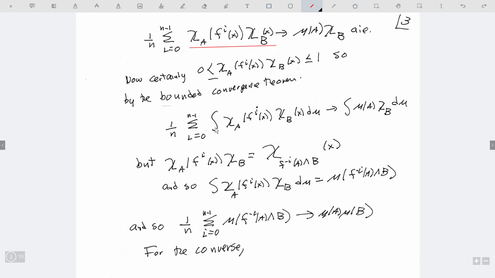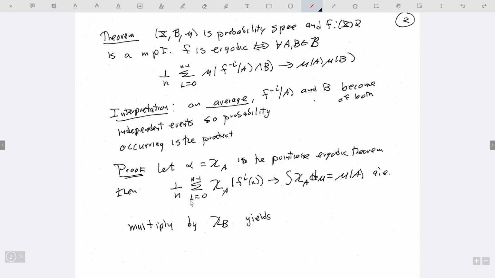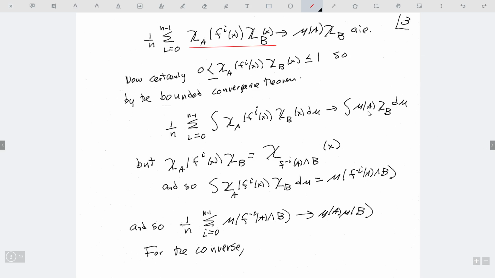And so the bounded convergence theorem says that if we look at the integral of this, then it converges to the integral of this side. We're taking the integral of both sides here, bringing it inside the summation. There's a 1 over n here, so this total quantity is also less than 1. So the bounded convergence theorem takes the pointwise convergence we get from the pointwise ergodic theorem and jacks it up, in this particular case, to convergence of the integrals. So we get to integrate this and it converges to the integral.